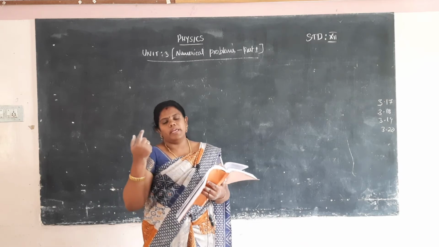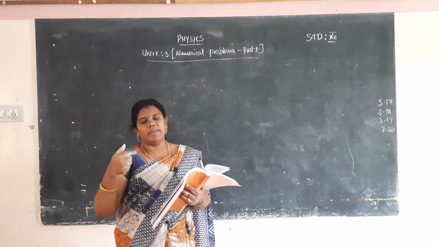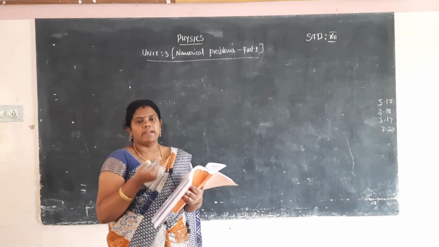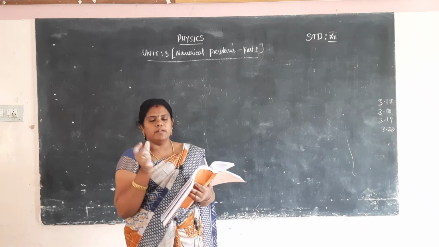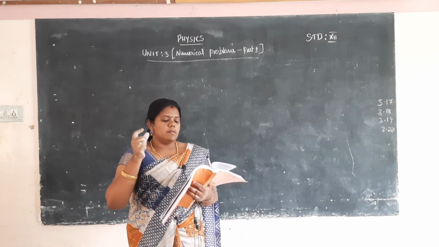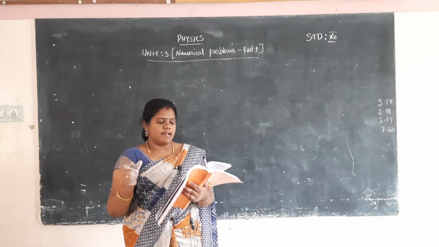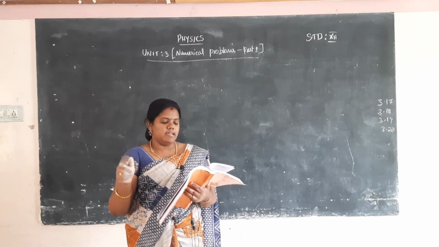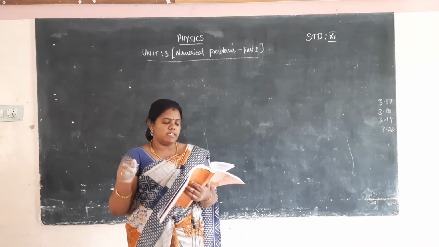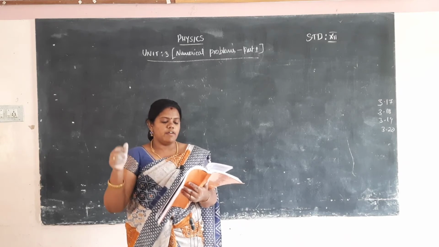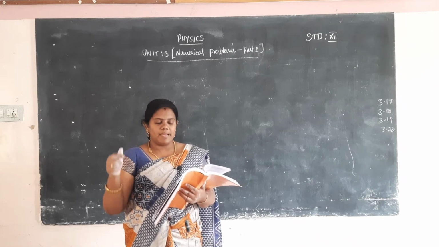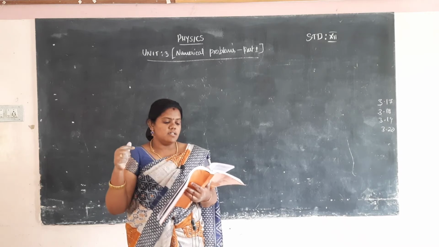So one bar magnet will be kept in a magnetic field. The bar magnet will experience a torque in the magnetic field. The bar magnet will be oriented in between the magnets. Okay. The magnetic induction is 0.8 Tesla and the angle is 30 degree. Torque is 0.2 Newton meter. Calculate the magnetic moment of the magnet, and then the second question is